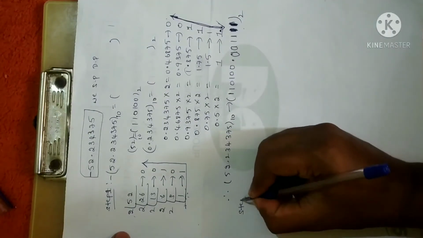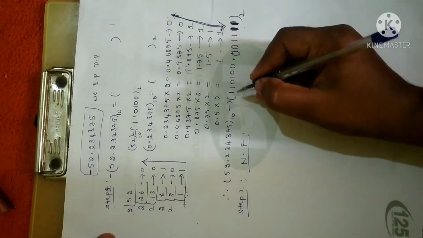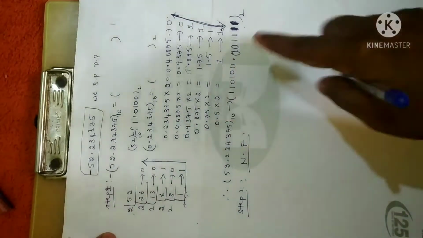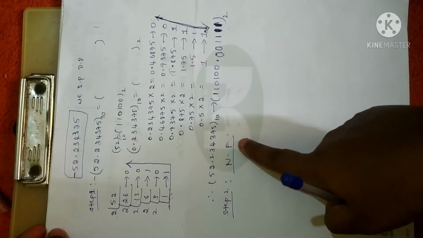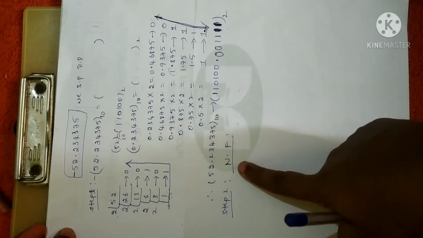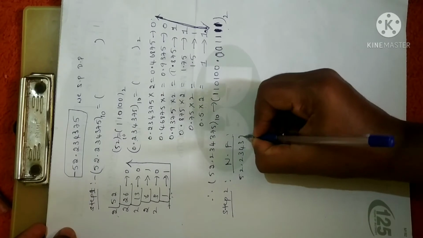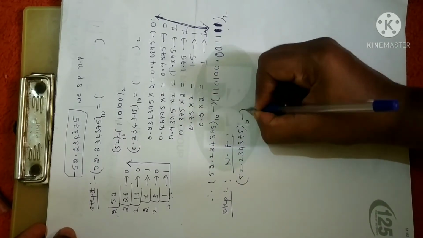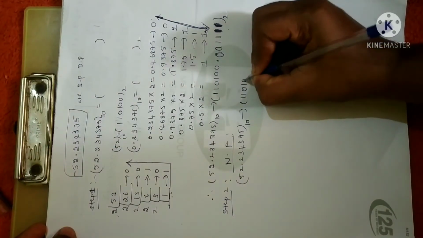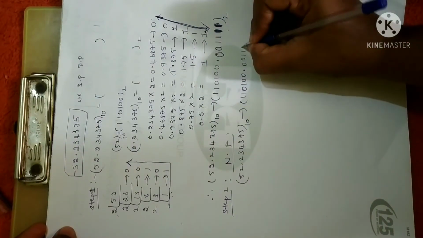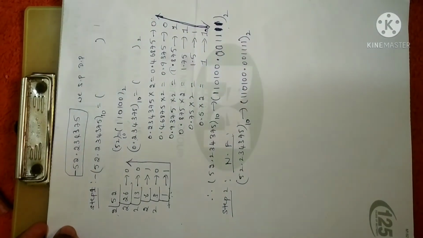Next, step 2. I have to write the normalization form. I am telling you again and again, please write the steps for all the problems, then only you will understand. In the exam also you have to write all the steps. Fine. For the normalized form, first you write down the number in binary format. The given number in binary format will be 110100.001111, whatever you have obtained in the previous case. Again it is in binary format. Clear?